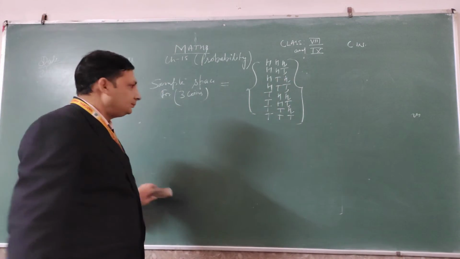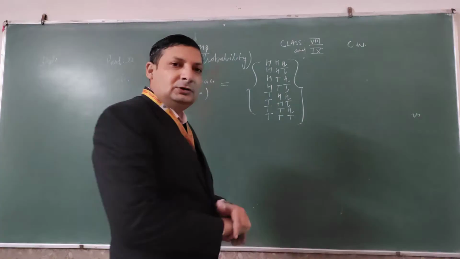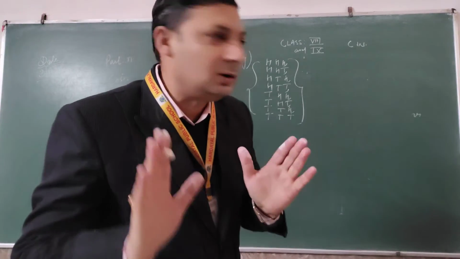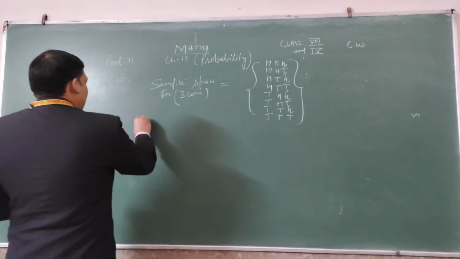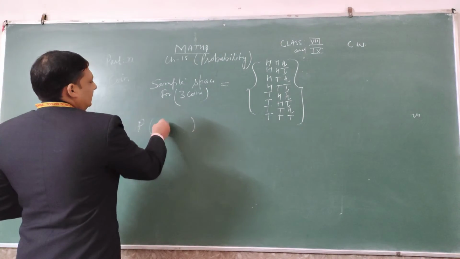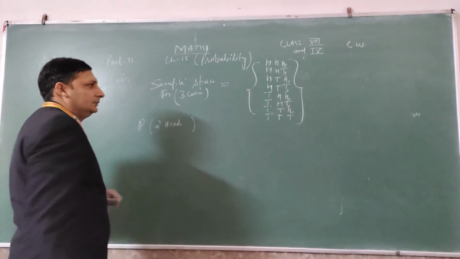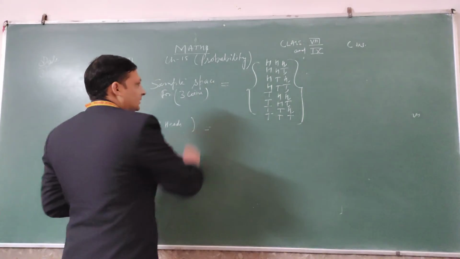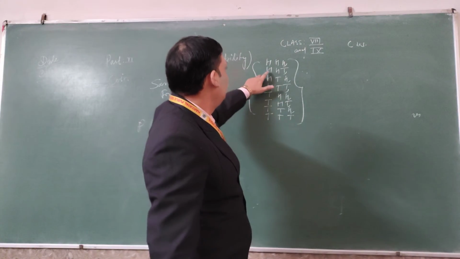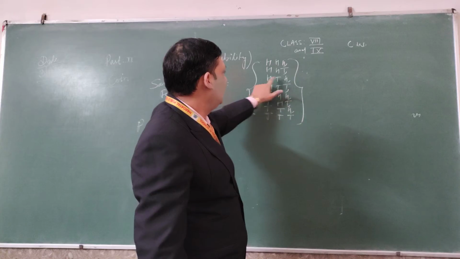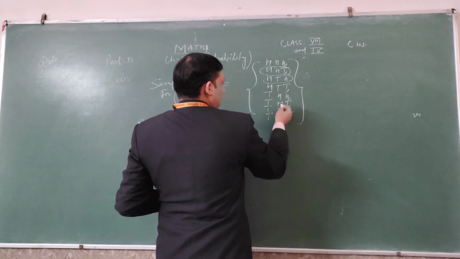Suppose I am taking 3 coins. I am tossing 3 coins, and we have got the sample space for this. So sample space is called total possible outcomes for an experiment. Now we have to find the probability of 2 heads. See the answer. We have to count how many times 2 heads are coming. So see here, 1, 2, 2 heads. 1 head here, 1 head here, 2. So I will circle this. 2 heads, 2 heads, 2 heads.